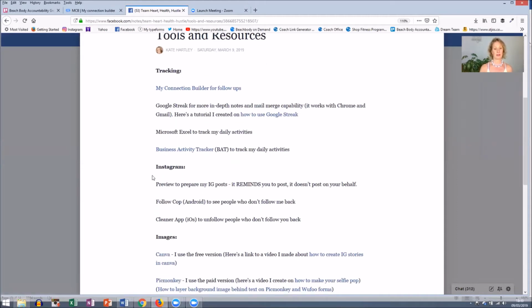Right, on Instagram, I use Preview. It's a little app that I use on my phone to prepare my Instagram posts. It does offer you some basic filters. You can upgrade and pay for Preview, which gives you a better range of filters. But to be quite honest, I just go with what it offers me,